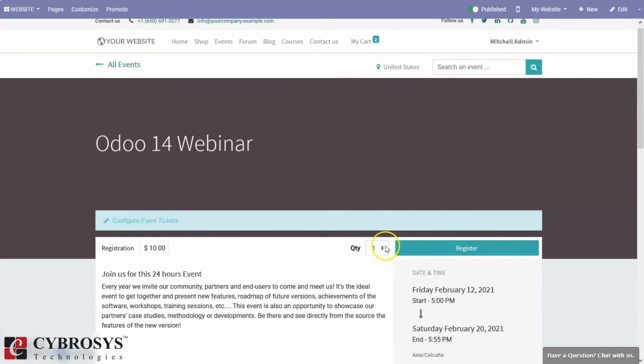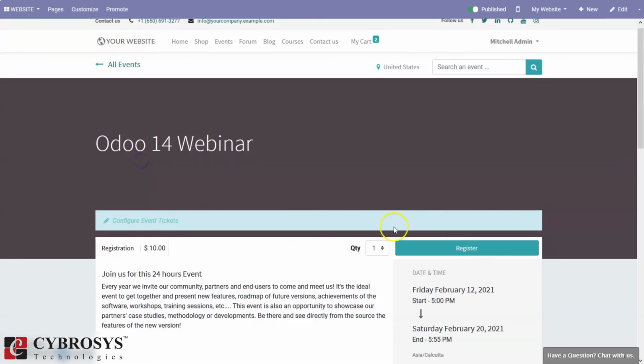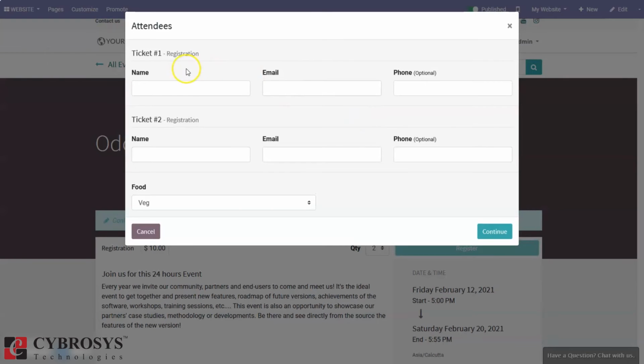Now let's register for the event. We can change the quantity. So I need 2 tickets. Register and add the name, email and phone number.